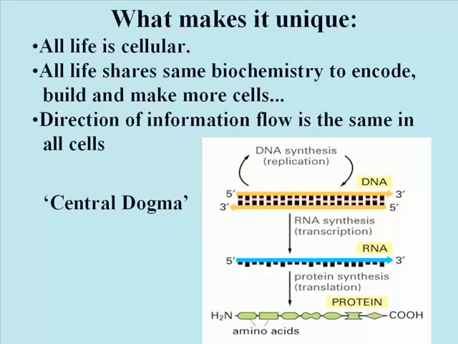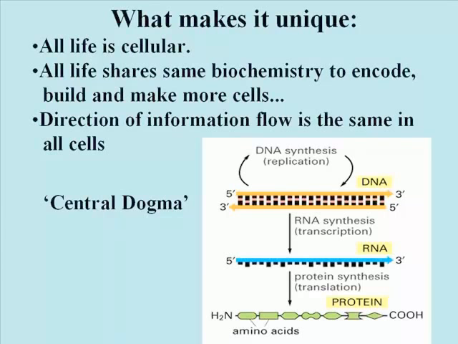From the biochemical and molecular studies of the 20th century, we learn that all life forms share the same basic biochemistry, including a common genetic code. The information necessary for life is in the sequence of nucleotides in nucleic acids, and the information flows in the same direction in all cells as shown here.